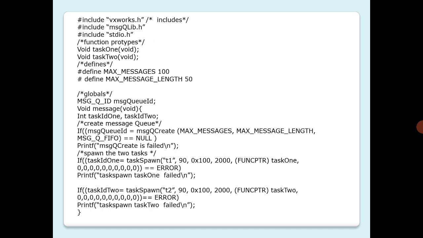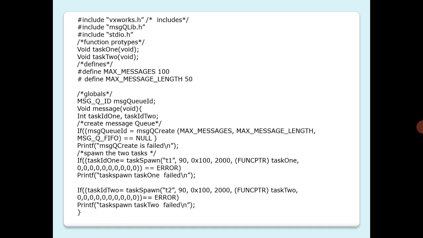Create the message queue: if message queue ID equals msgQCreate with these parameters is equal to NULL, printf message queue create failed. The same is the case with task ID 1 and task ID 2, with t1 and t2 respectively.